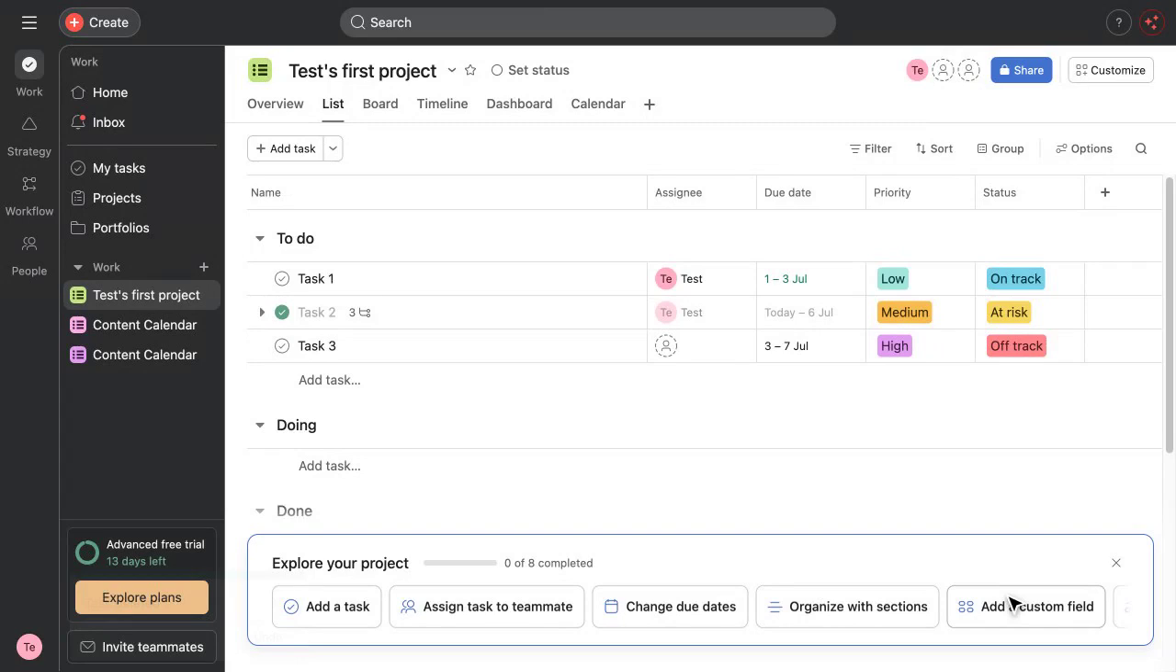Now, what if you closed that notification, or it disappeared before you caught it? Don't worry, you can still recover tasks from your account's deleted items area, where Asana holds on to deleted tasks for 30 days, giving you a much longer window to bring something back from the trash. So to recap,